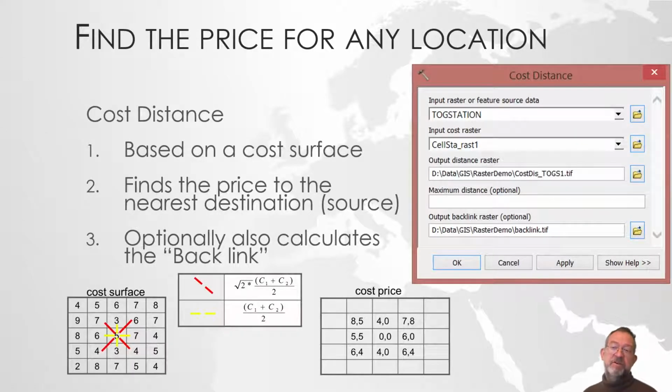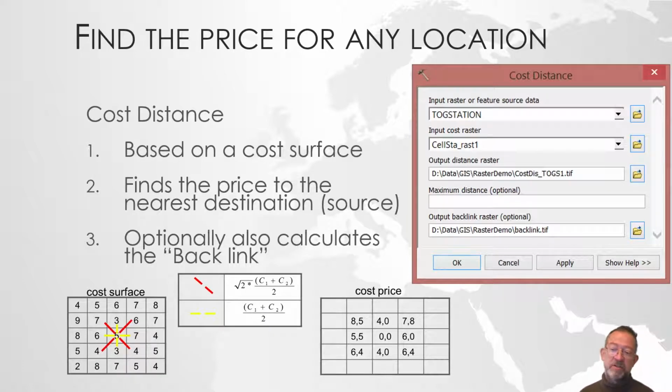The next thing I have to do is find the cost distance. How long does it take from any location to get to my destination? In my case, I'm going to use stations as destinations. There are different tools, but there's one called cost distance, which